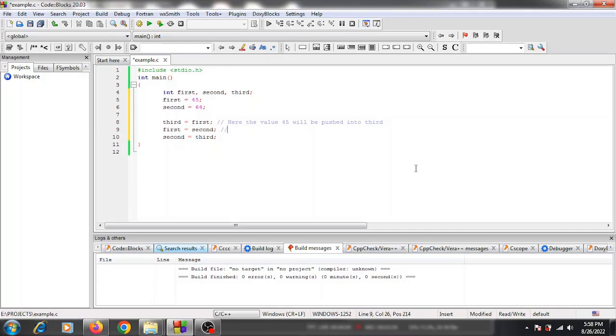Now here in the second statement, the value of second, that is 64, will be pushed into first. That is, 64 will be pushed into the variable first, and after this statement the value in the first will be 64. Now after the third statement,